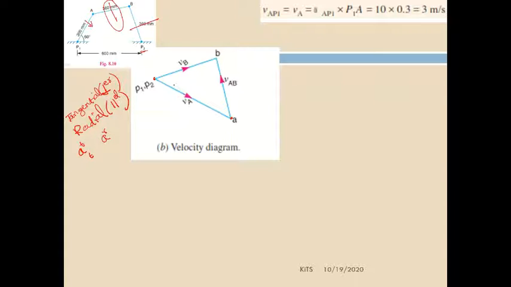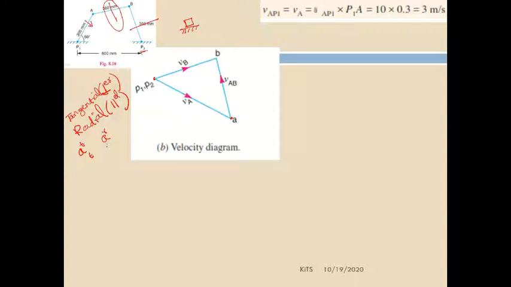Sir, you might have one more doubt. For all the links we have drawn perpendicular lines, but for the piston we used to draw parallel lines. In the acceleration diagram also, for the piston you have to draw parallel lines. So we have two components, tangential and radial.